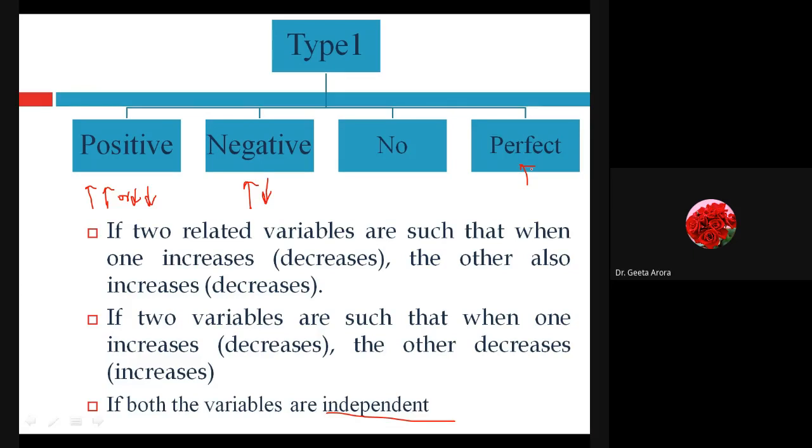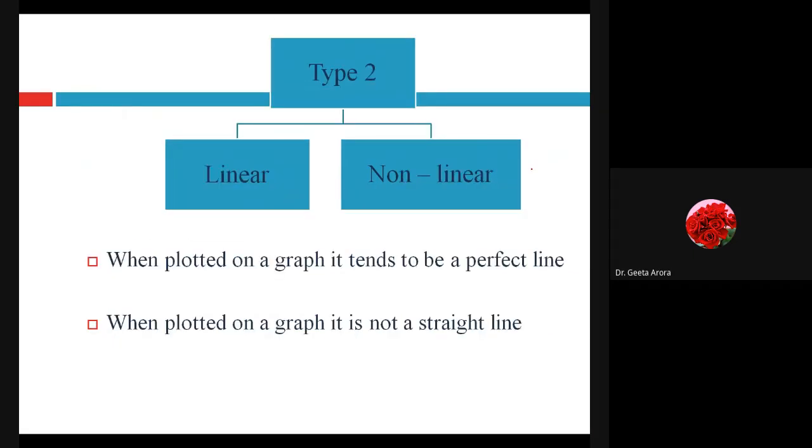Okay. Now if we talk about type 2, here we are saying type 2 means when correlation can be categorized as linear or non-linear. As we talked about, linear means when there is a straight line. We have learned that y is equal to ax plus b is the equation of a straight line, which we call a linear equation. If we are getting ax square plus bx plus c, it is a quadratic equation, but it is not a linear type of thing, correct?